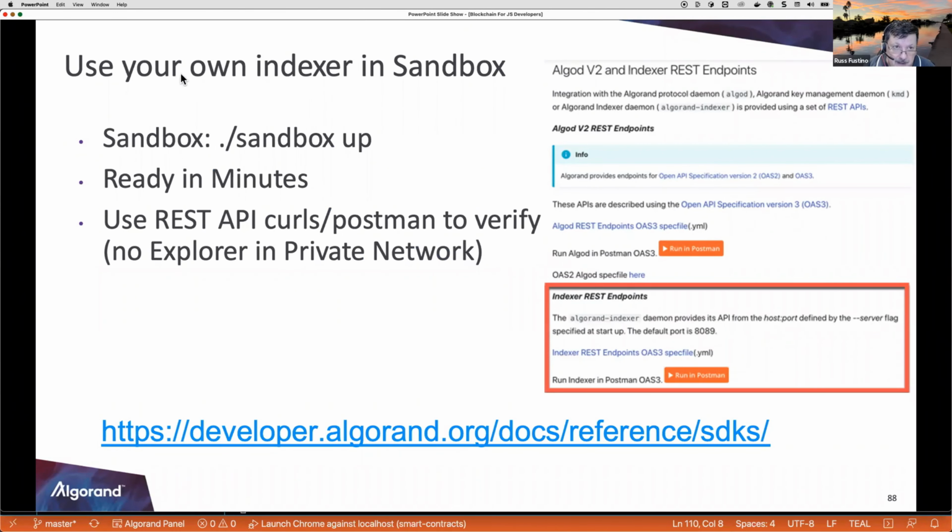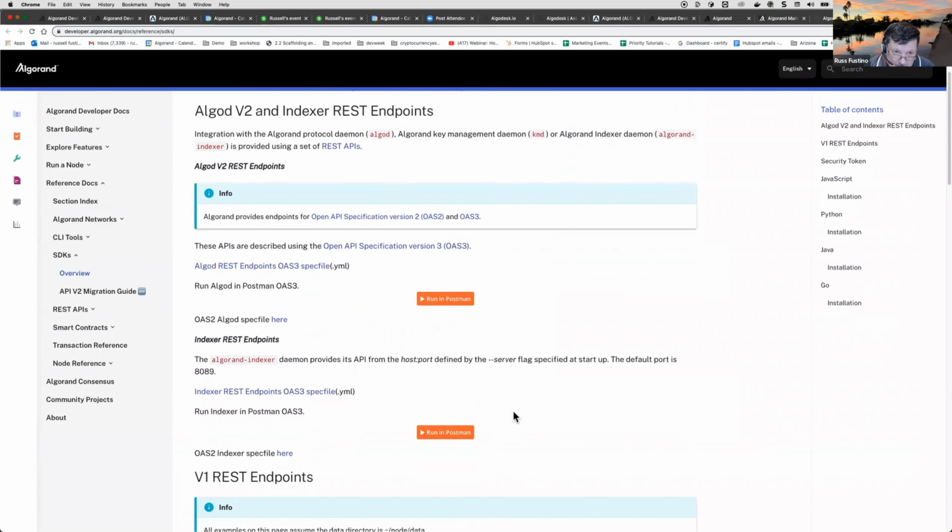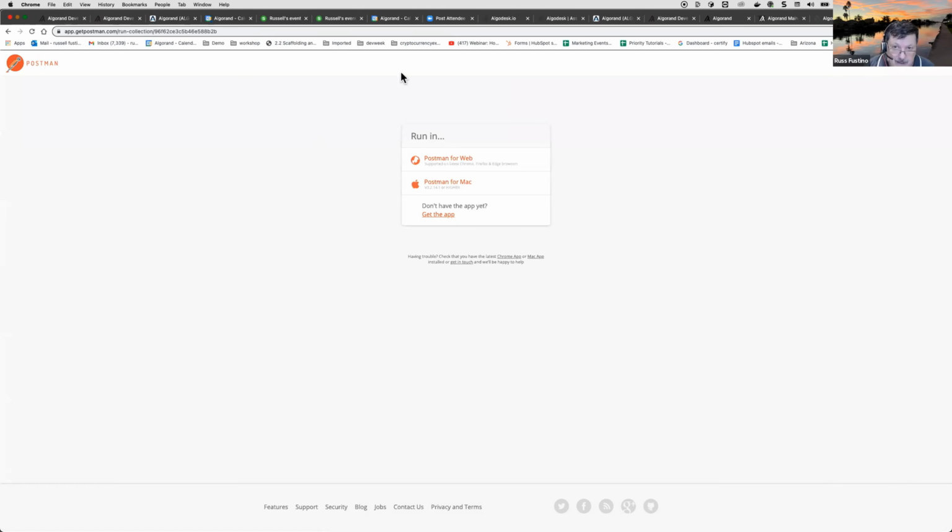Also, we've got your own REST APIs with this. And for example, we've got a run-in-Postman here, for example, on Indexer, as well as I got a run-in-Postman for V2, or you can do curl commands if you want to test that out, because with private network, you do not have the explorers like you do with testnet. So this is maybe how you might be doing your queries. So I'm going to bring up the